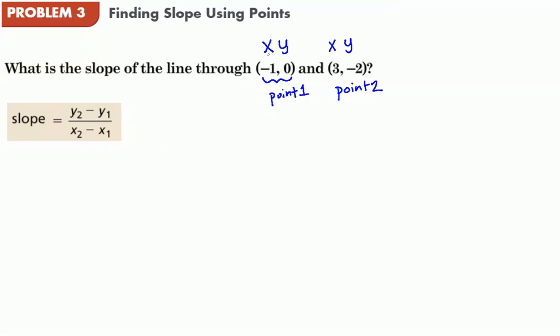So we'll make this point 1. We're going to call this not just x and y, we're going to call it x1, y1. Point 2, we're going to call that x2, y2. So the 2's represent point 2, the 1's represent point 1. That way we can tell the difference. Now we're going to go ahead and substitute the values into the slope formula. So for this one, if I follow the formula,